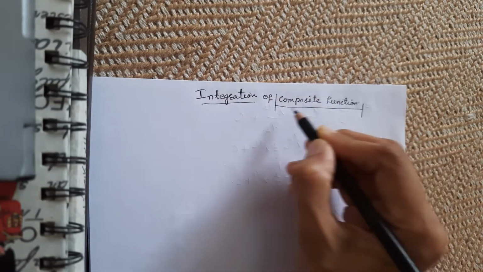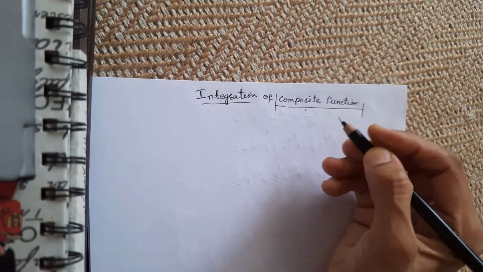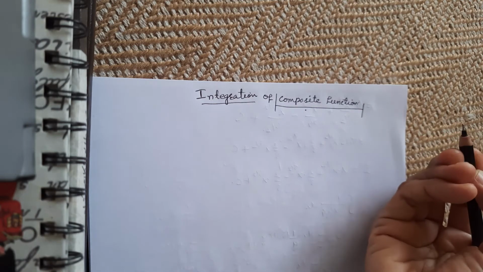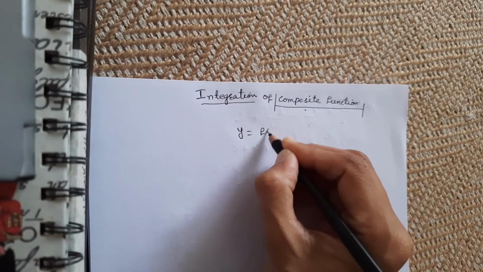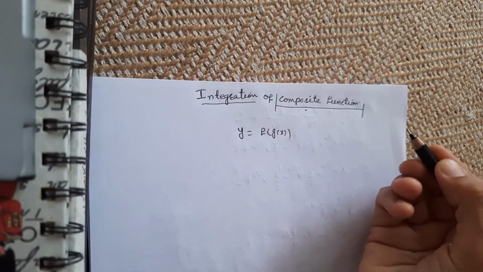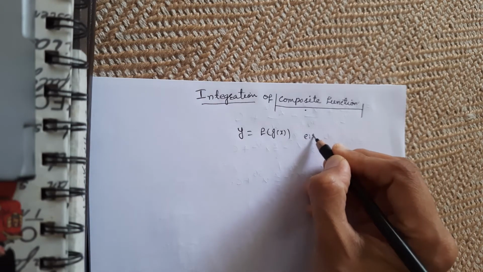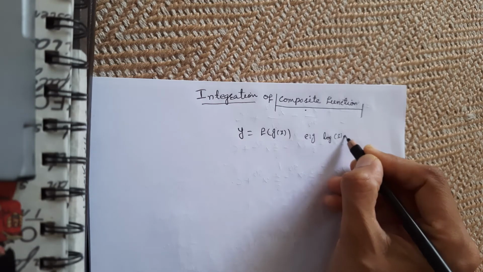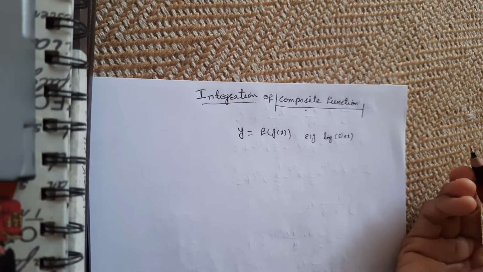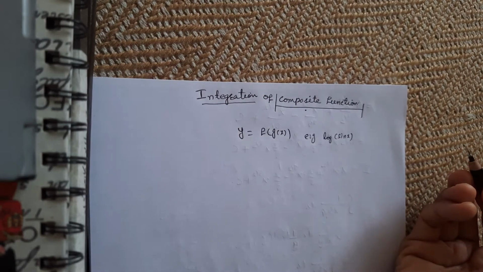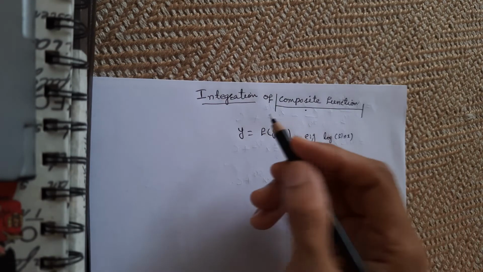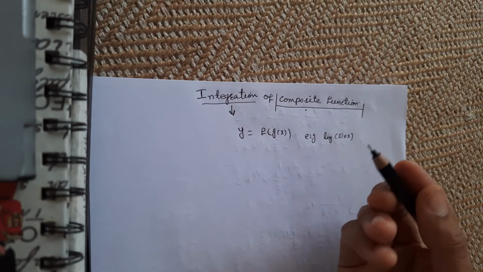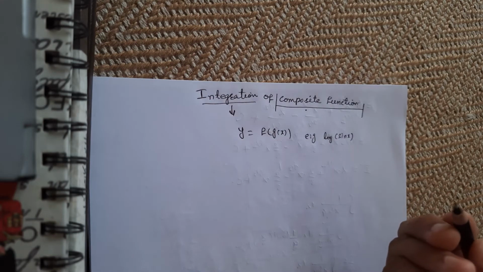Today specifically we are focusing on integration of a composite function. What is this composite function? We already discussed that in derivatives. If you want to see it in detail, just go and watch that lecture again. But we know that a composite function is a function which is again a function of x. For example, we have seen log of sin x. This is the kind of composite function. Now we know how to find the derivative of a composite function, and since integration is an antiderivative, we now see how to find the integration of a composite function.